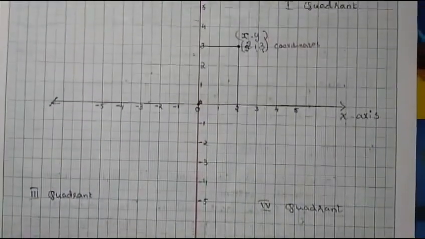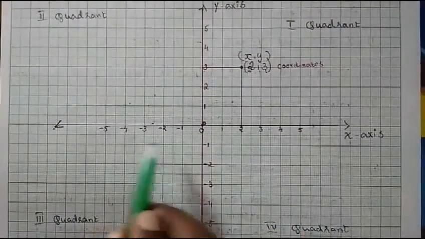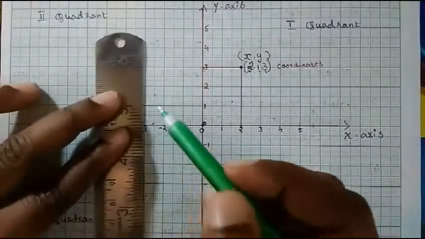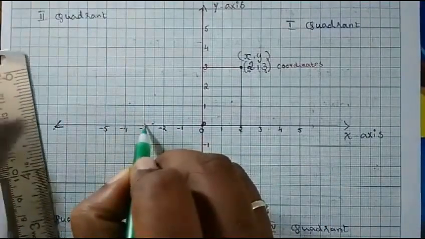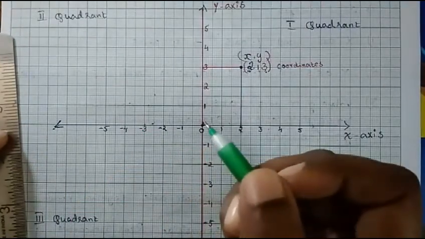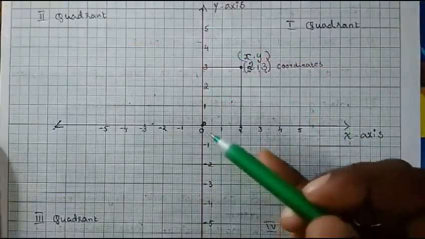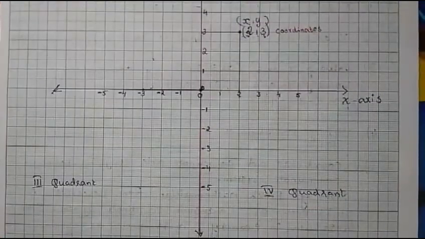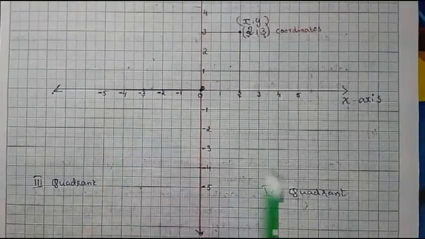So first -3. Let's see, where is -3 here? -3 is in this direction. So here is -3. I will draw a perpendicular line on the x-axis at -3. This is the x-axis at -3, and we said the y-axis value is -4. On the y-axis, the up direction is positive numbers, so negative integers are in the down direction. So -4 is here and -3 is here.